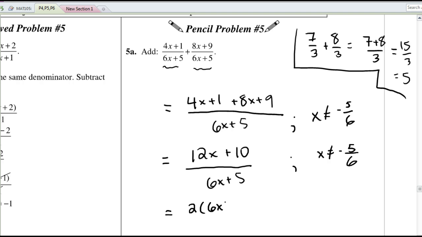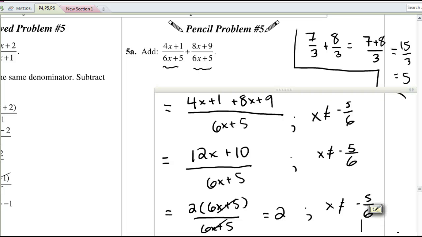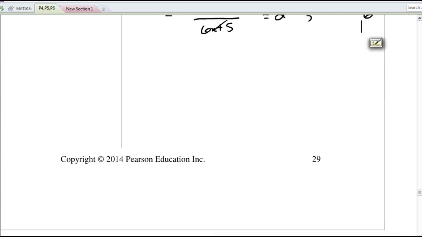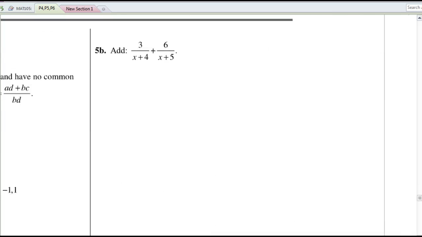So if we take out a 2, we see 6x plus 5 appear, and then we actually can cancel. So we end up with just the expression 2, where we need to avoid x being negative 5 over 6. And that's it when they have the same denominator. Pretty easy. Things get a little tricky when they have different denominators, as we'll see in this